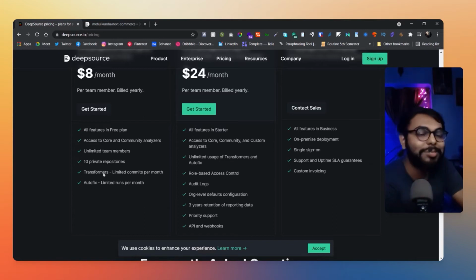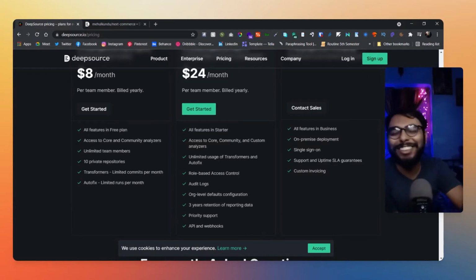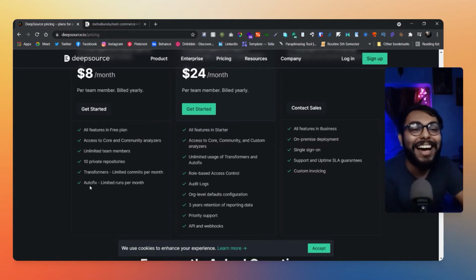Then 10 private repositories. I think that is a little bit low, but whatever, you can't do anything about it. Transforms: limited commits per month. And Autofix: limited runs per month.